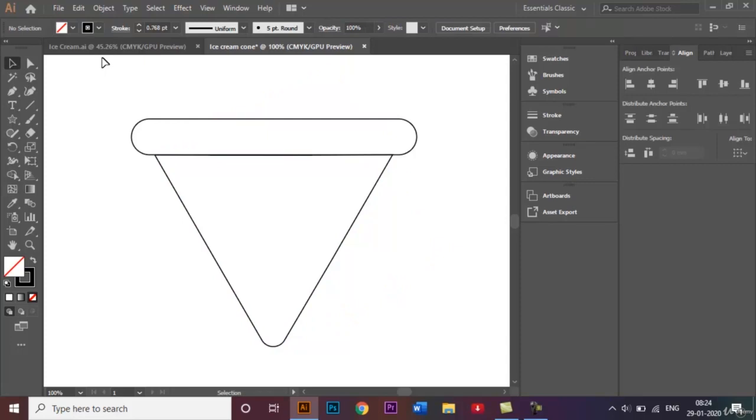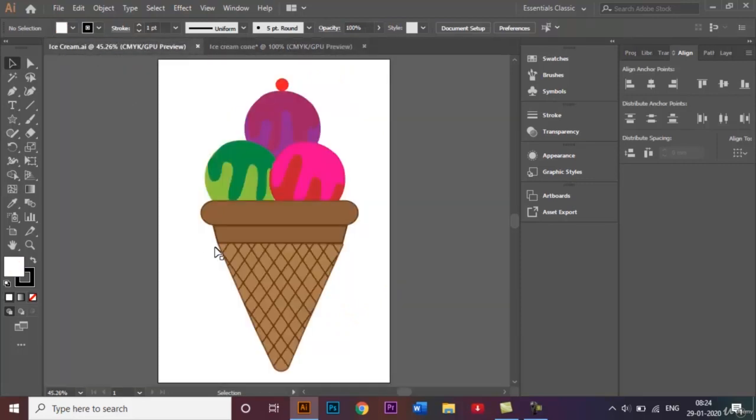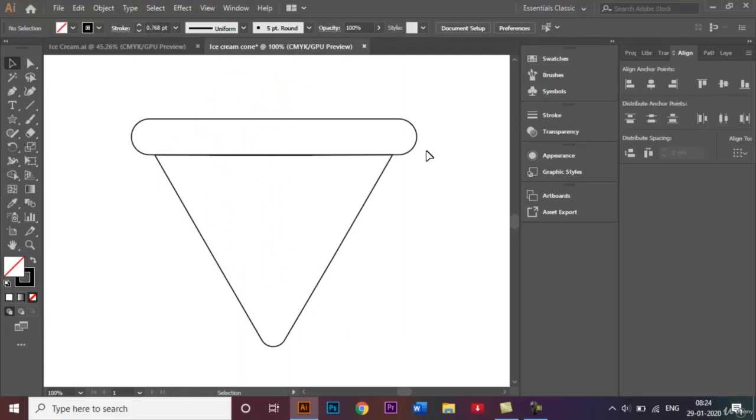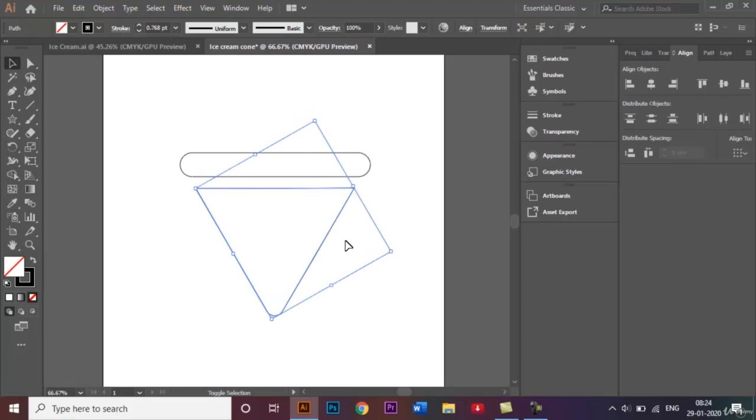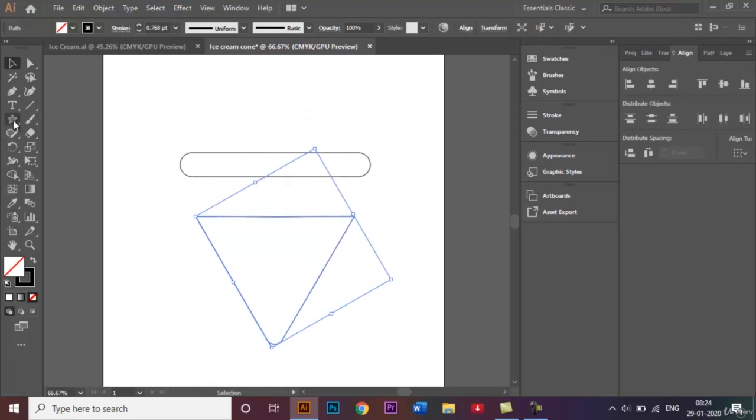And now what we have to do is also create this second rectangle right here. So to do that, once this is made, I'll just bring this down a little, go back to the rectangle tool and make